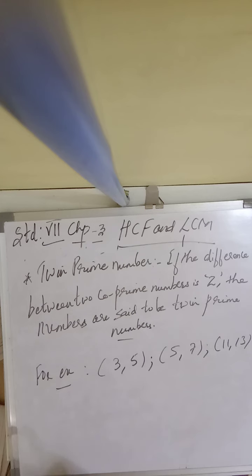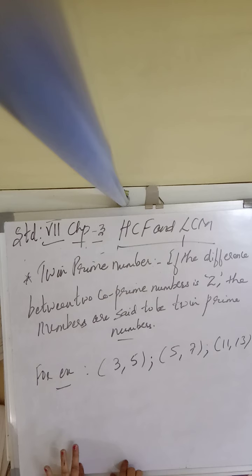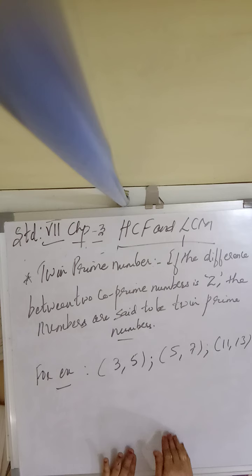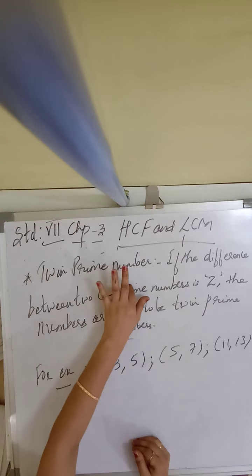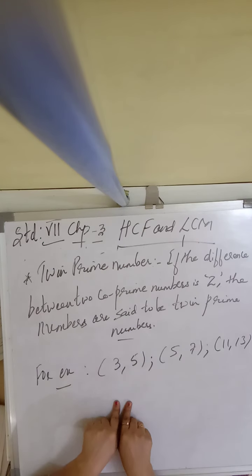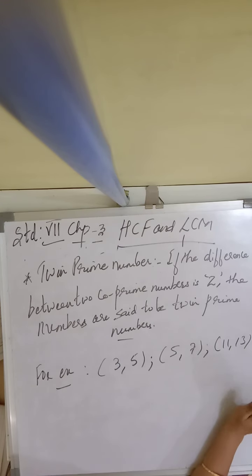Prime numbers you have already learned in the previous class. Co-prime numbers, to find them, again we are revising: first you need to write the factors of both the terms, then the common factors, and then see how many and what numbers are common. And the next topic we have learned is twin prime numbers. If between a pair of prime numbers the difference is 2, then it is a pair of twin prime numbers. So three terms, simple. Okay, clear, children?